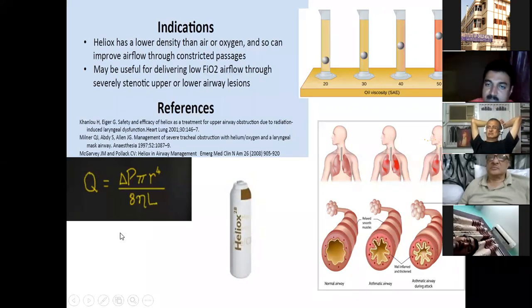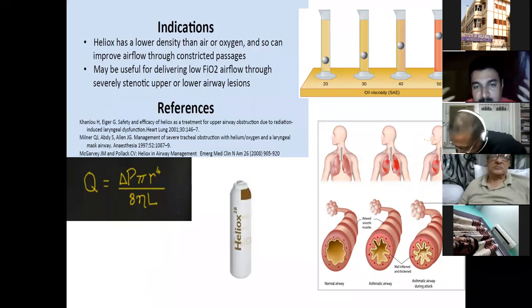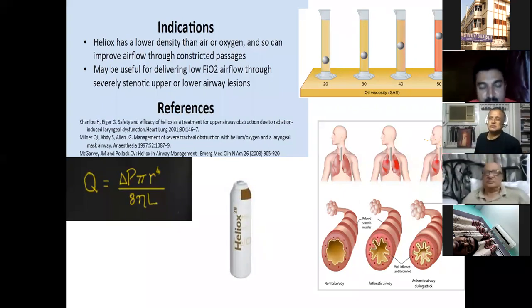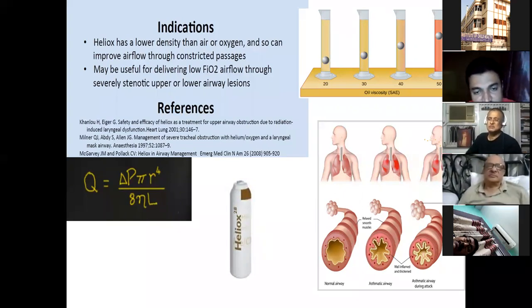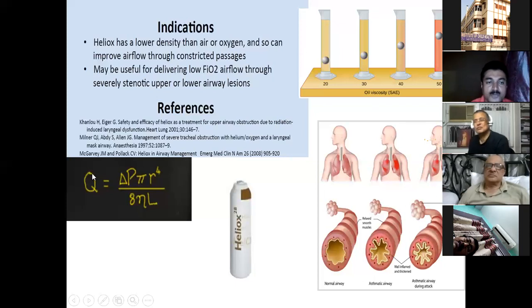So I think I am clear regarding the viscosity. Let me repeat once more that in case of bronchial asthma, the body has already generated a sufficient PIP, but in spite of generating PIP, if your hypoxia is not corrected, then there is a thought that probably a mixture of helium and oxygen will help here. How does it help? It helps by reducing the viscosity in your Poiseuille's equation. So if viscosity is reduced, flow or volume delivered will be high.